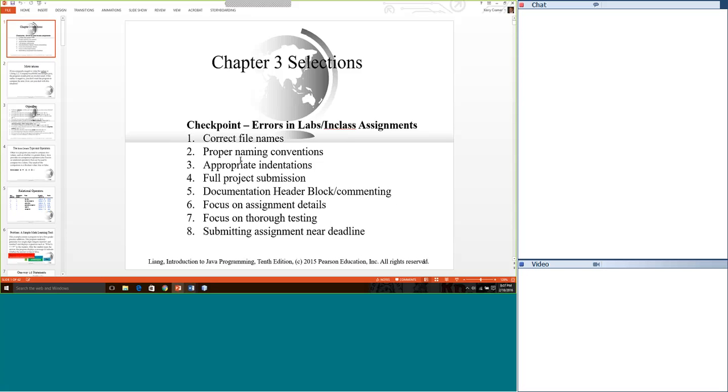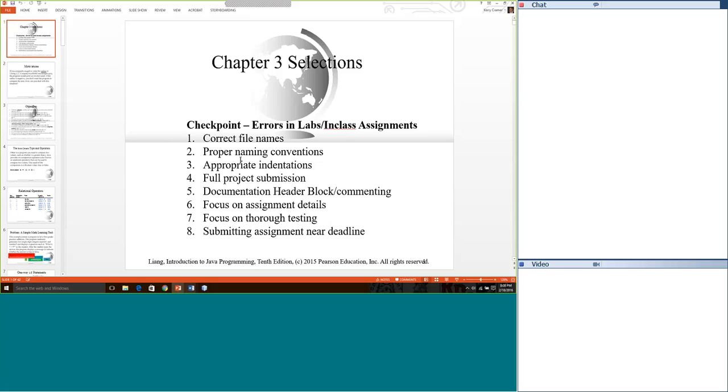Oftentimes you're working on a big project with many other people, and they rely upon the variable names that you have been told to use so that they can stick to the same convention in their programs, so that when you integrate, as we discussed last week in integration testing, it's easier to test when you have a consistent set of variable names. So if I ask for something in a lab, I'm really going to be sticking to seeing that you guys do it. And obviously, if you don't, I'm going to take some points